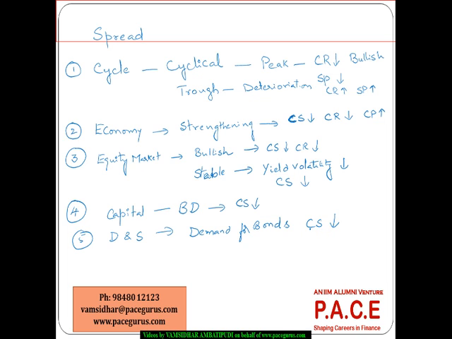But if there is excess of supply compared to the demand, obviously the borrowers have to pay a premium for getting access to the borrowing, which means the credit spreads are going to widen in this